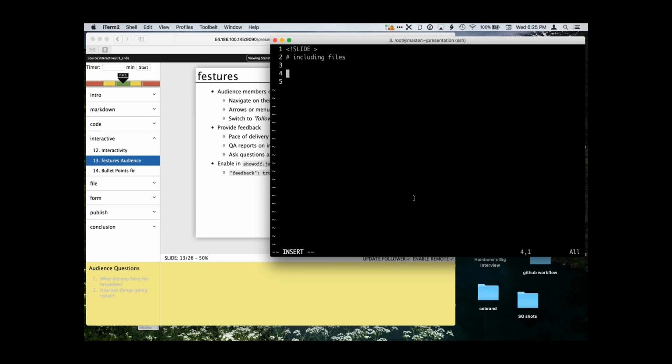And this is what I was talking about, the section tags and the file tags, etc. I can slurp the contents of a file onto a slide.